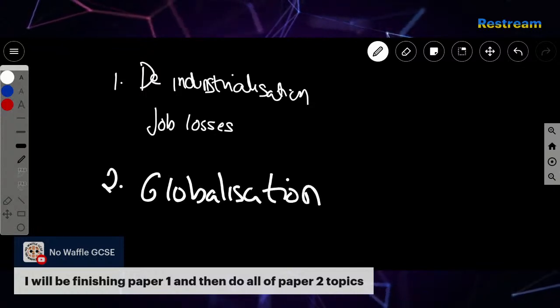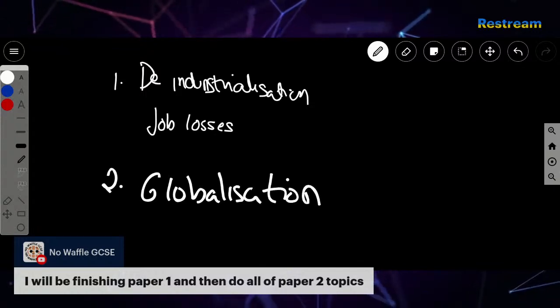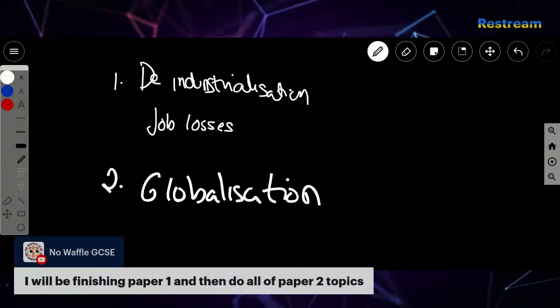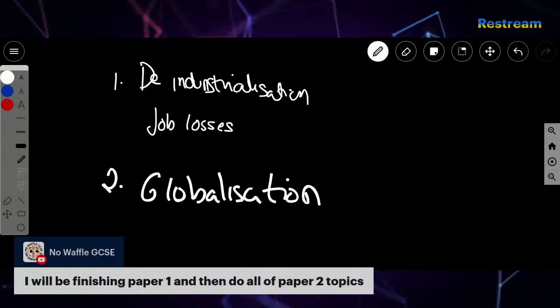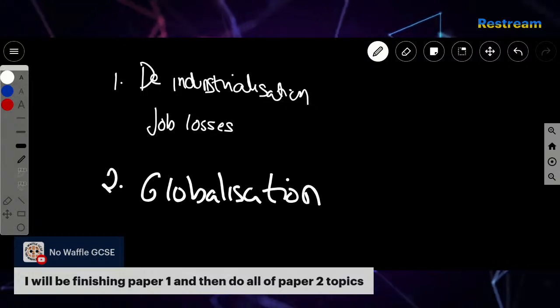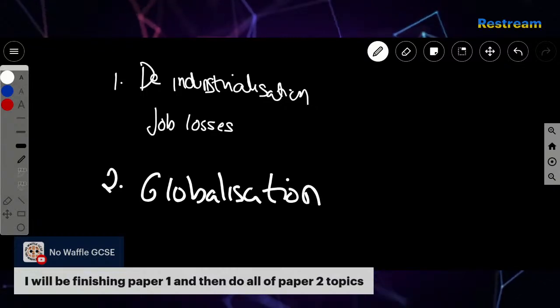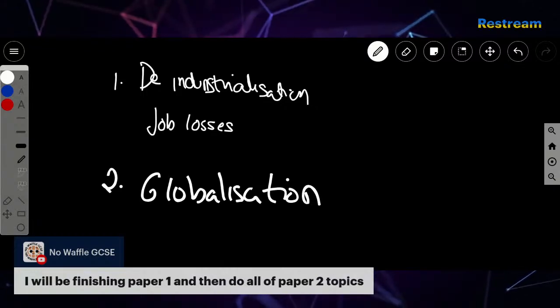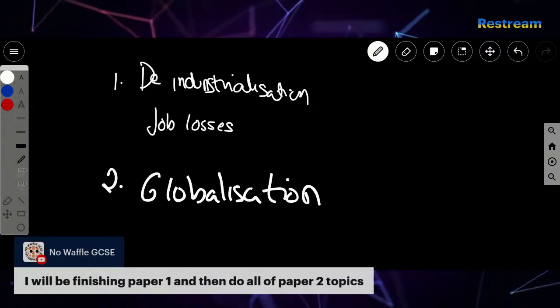Now, globalization is the world becoming more interconnected through development, and a lot of manufacturing has moved overseas where the labor costs are lower. For example, Marks and Spencer's manufactures clothes in India and China. So a lot of manufacturing companies have moved overseas. Some TNCs, which are transnational corporations,